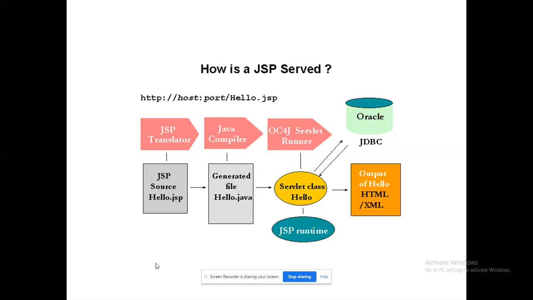For example, you are typing some username and password, that will be verified in the database, and you are going to get the next page that you want to see. For example, in internet banking, by typing your username and login password and clicking OK, it is verified with your DB, and you are moving to the next accounts page. That subsequent accounts page will be displayed to you as an HTML page, right? That could be the output. So the JSP file is the input, the output is your HTML page.